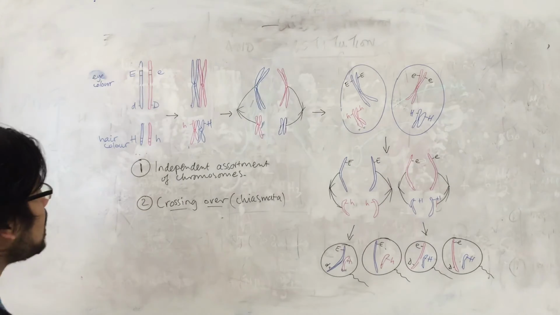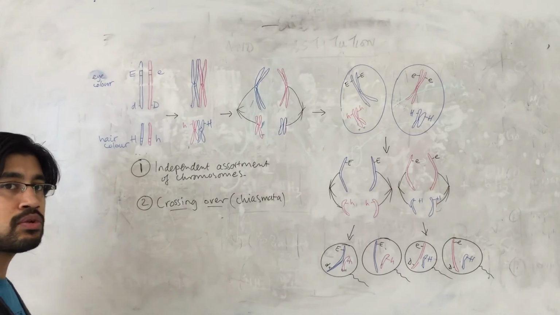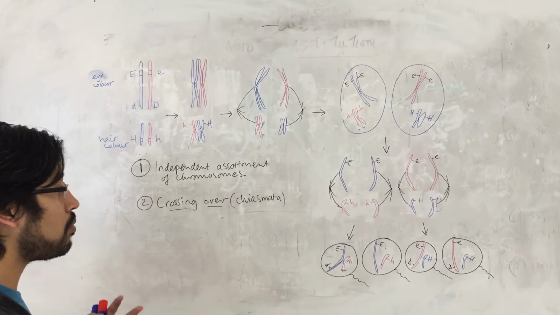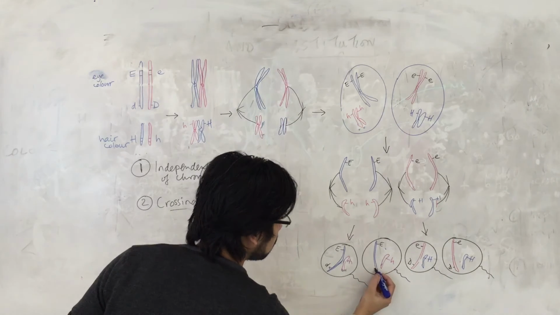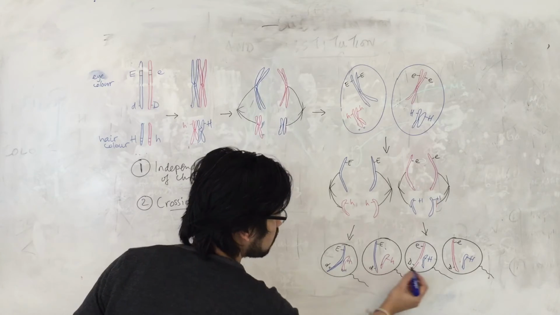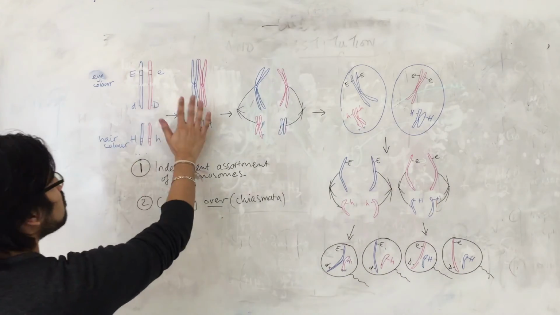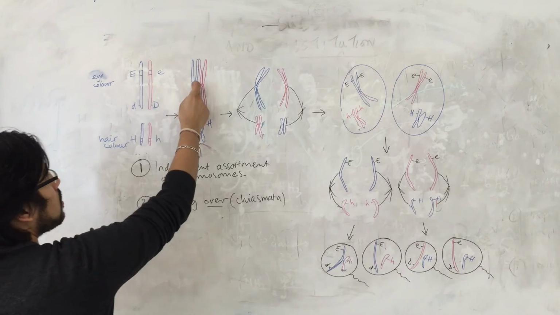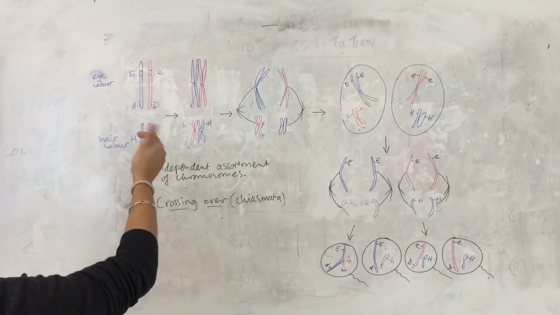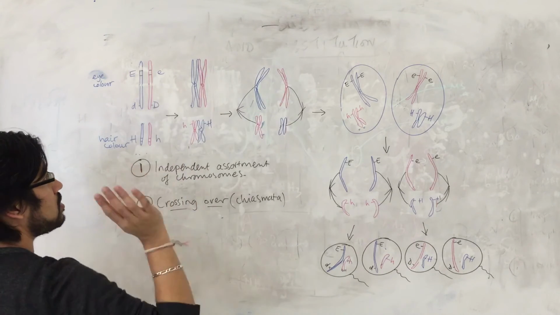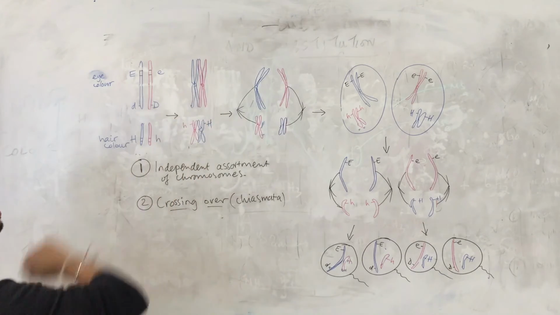But what we're saying is that if crossing over occurs, that combination could be altered and new combinations could occur, i.e. new combinations of alleles could exist. And how does that happen? So when these bivalents form, sorry, non-sister chromatids, not sister chromatids, non-sister chromatids could